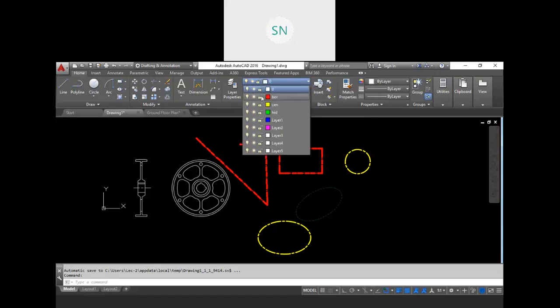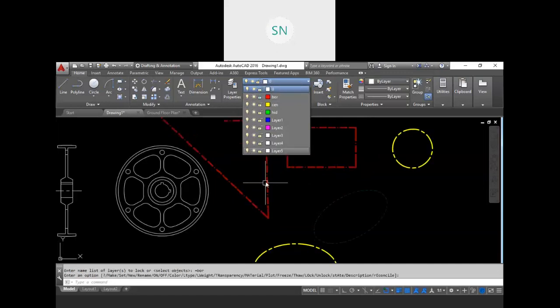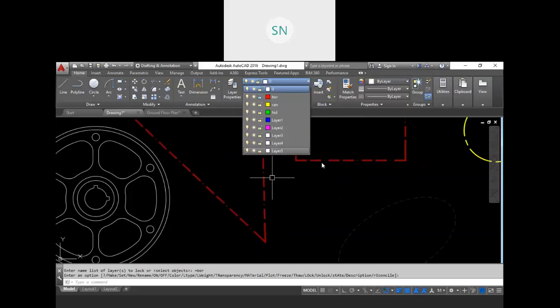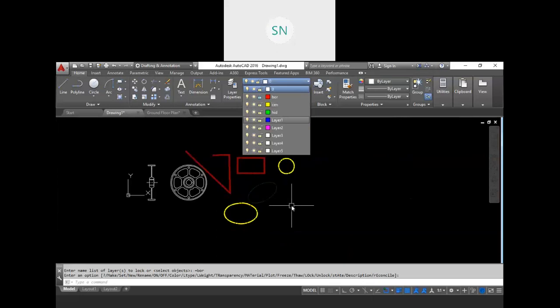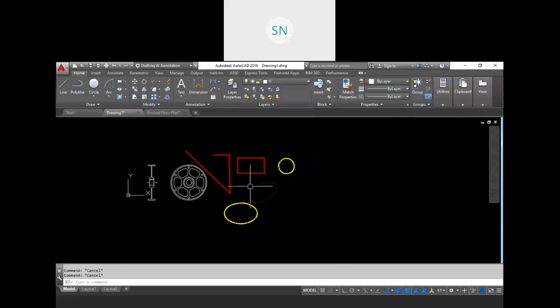If you lock any layer, that layer will get a little transparency. So click on lock and see, this border layer gets a little transparency. And when it is in lock condition, any modification command won't work.